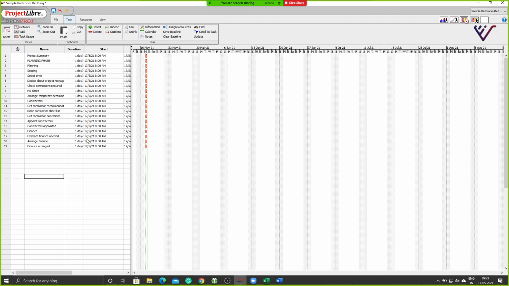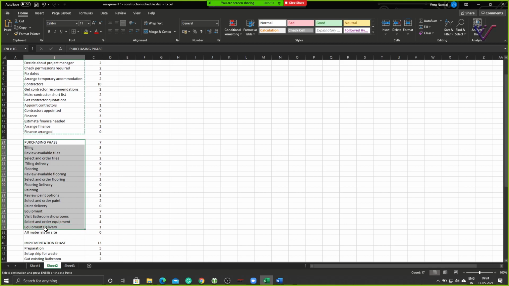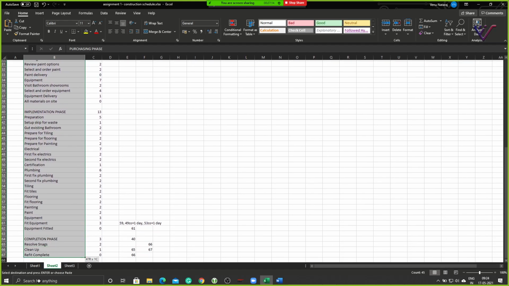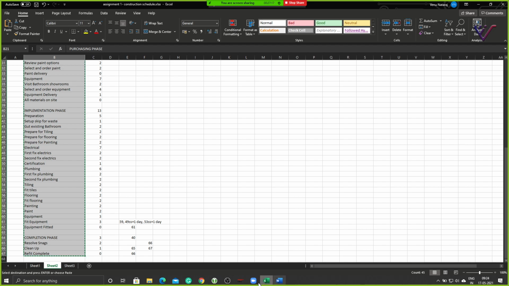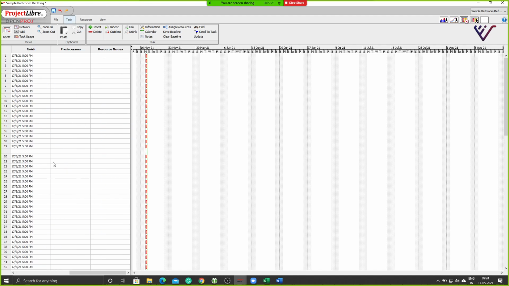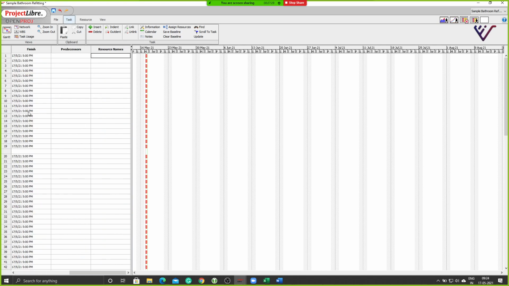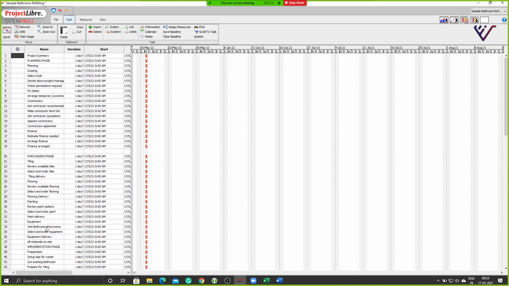So as of now, all of these are showing default 1 day. That's because that's how any programming software will start off. It will give a default of 1 day for every activity. We need to manually fill in the durations. Now let me just fill up the rest of it as well. So what I have done now is basically I have added in all the tasks. Do you see everything is right now 1 day?